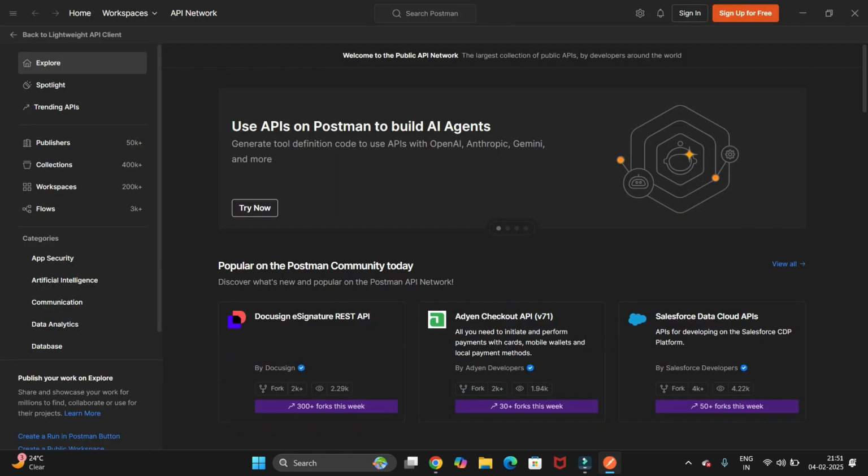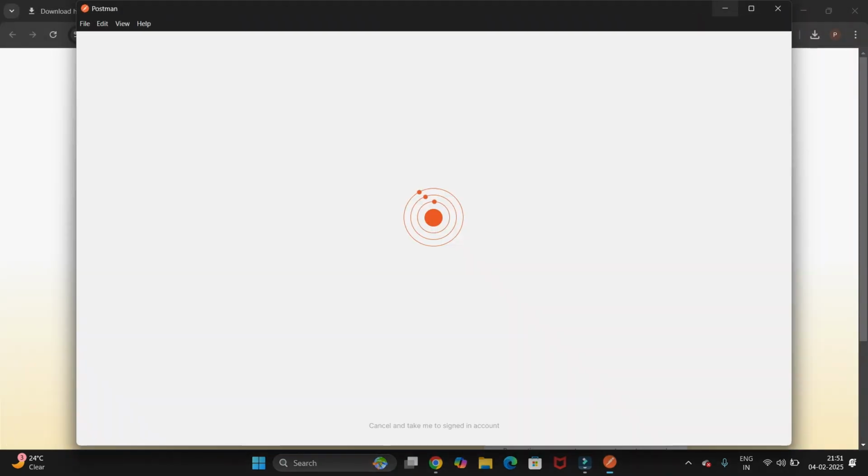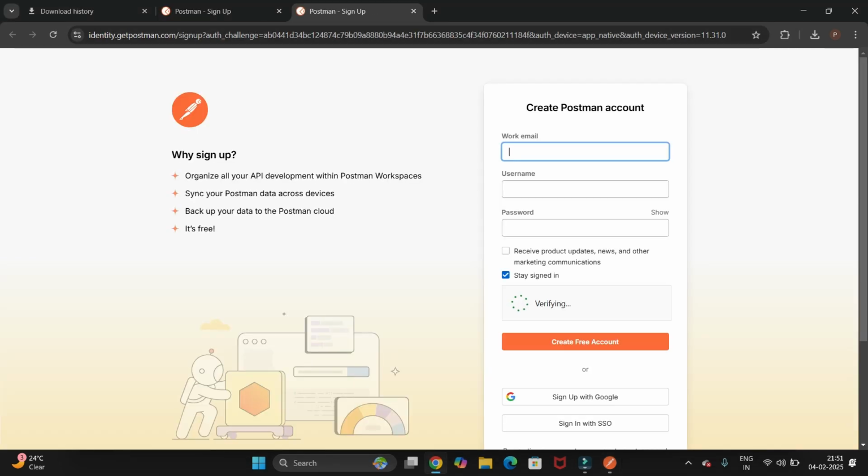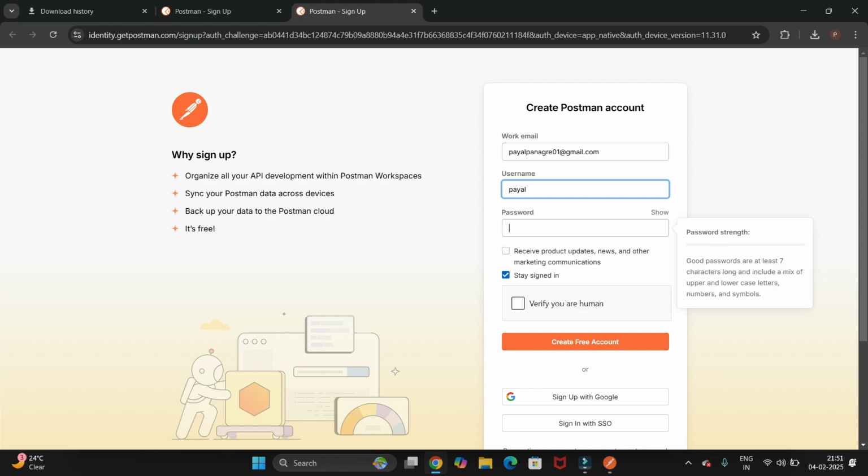Now we just need to sign up. So we'll click on sign up for free. Now it will take you to a Google page where you just need to enter your email ID and password. So I'm entering my details. Then enter the